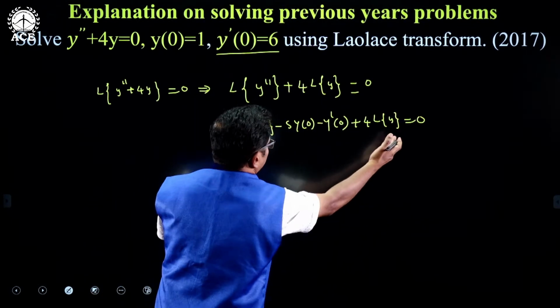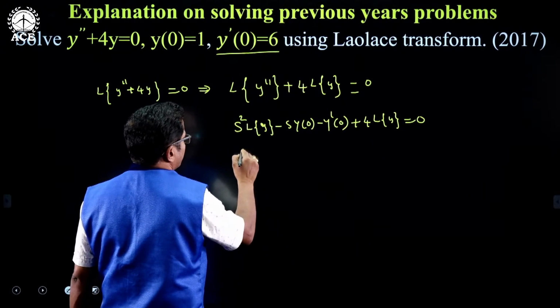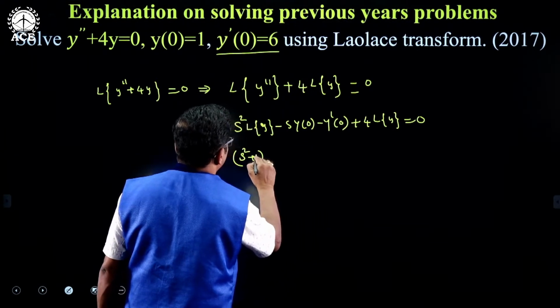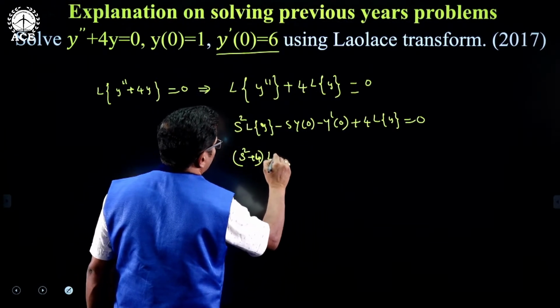Now you take L of y terms under common part, that is s square plus 4. S square plus 4 into L of y